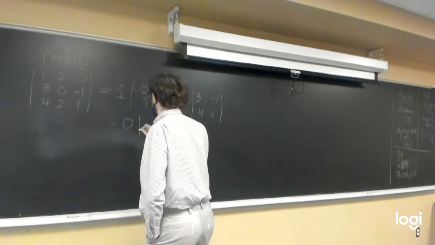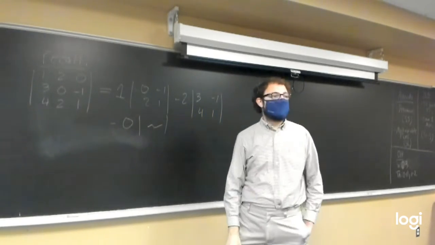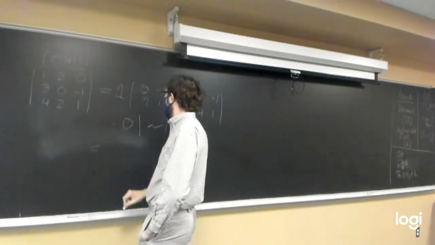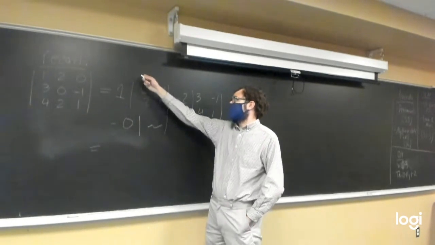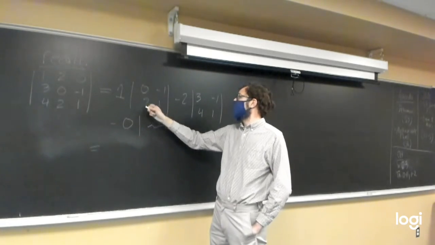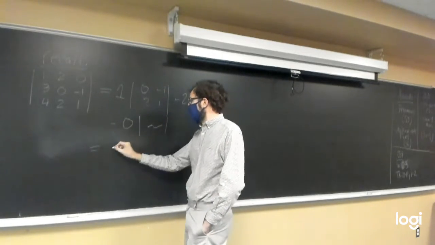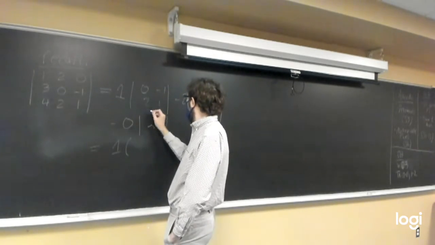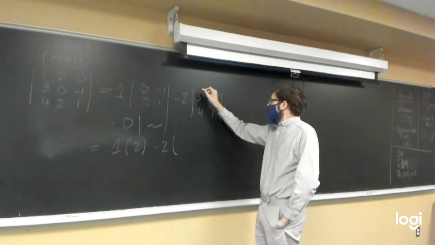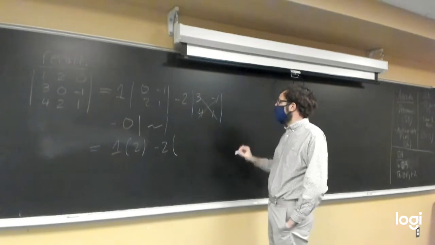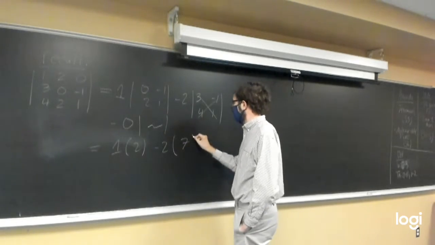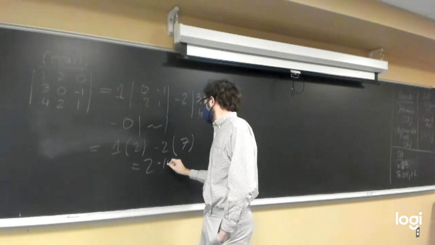minus 0 times the determinant of, it doesn't matter because we're multiplying it by 0. Then to evaluate the 2 by 2 determinant, we just go down the main diagonal and multiply to get 0 times 1 is 0, minus 2 times 1 is -2. So we end up with 0 minus -2, so a positive 2. And 3 times 1 is 3 minus 4 times -1. 3 minus a -4 is 7. And we end up with 2 minus 14,